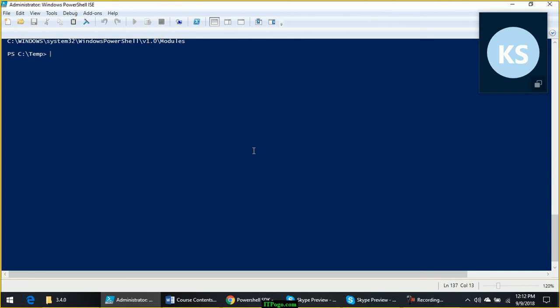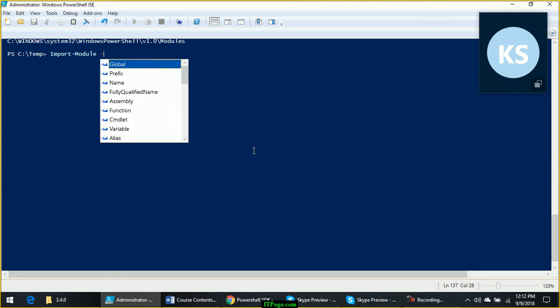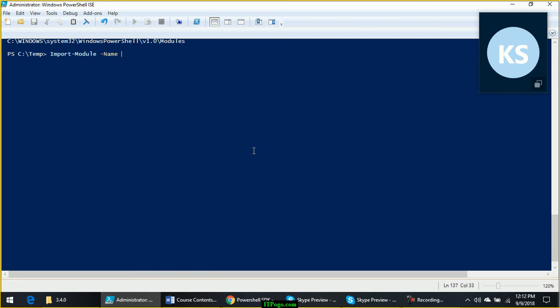Then you can use Import-Module -Name and give the name like PKI. Got it? Any questions?